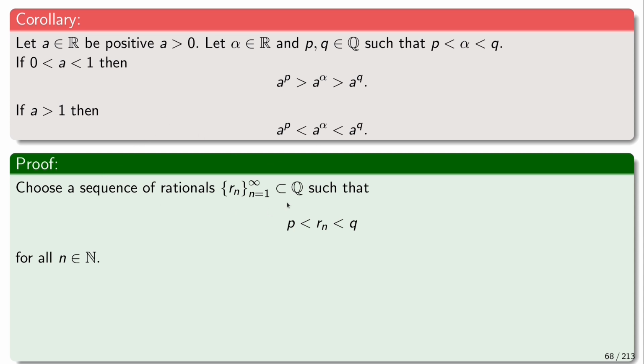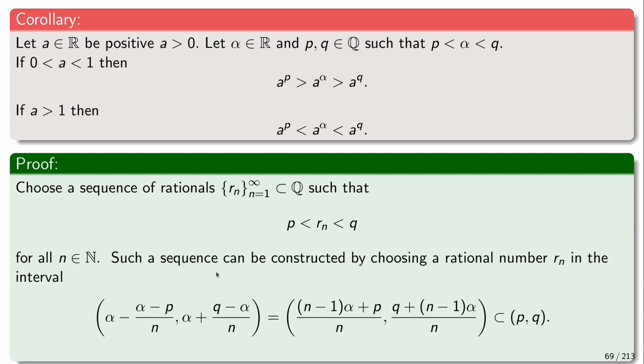We take a sequence of rationals a_n such that this satisfies this property and would converge to alpha. Now the important thing is that all the values are between p and q, but it's not such a hard restriction. You can see how all the elements of the sequence of rationals can be chosen in this interval, and I'll give you a direct way of how such a sequence of rational numbers that converges to alpha could be constructed. So basically,